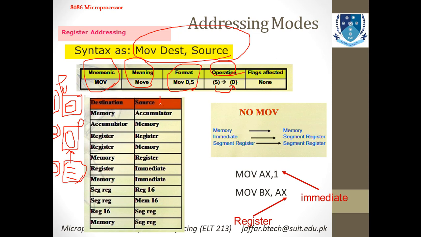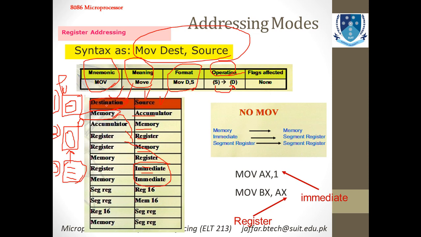And there are some kinds of sources and destinations. You can see that the source can be accumulator, memory, register, or immediate. The only difference between source and destination is this immediate. Source can get the data immediately from any input or output port, but the destination cannot carry immediate data. So it means the source is real time and the destination is not real time. You have to save this immediate data to some temporary register, accumulator, or external memory, and then move that into the destination, because the destination cannot have immediate data.